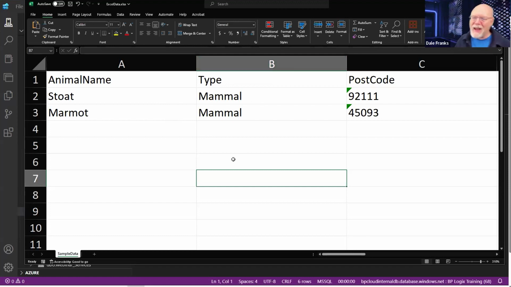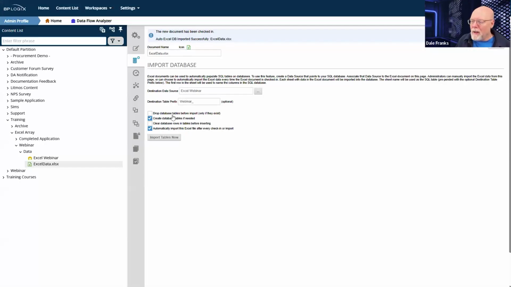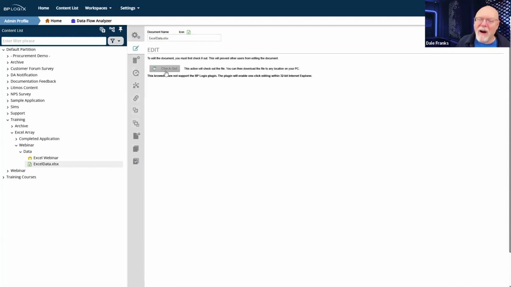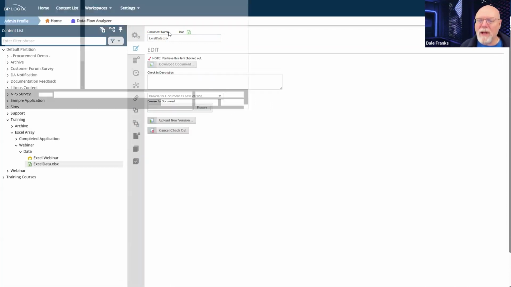Okay. Well, in that case, let's save it here. In that case, I need to turn off both drop tables and clear database rows because my data is now new data. It's not the existing data plus, it is just the plus. So what I need to do is just turn that clear database rows off. So this time, update, update, update, always update. There, now it's happy to let me check it out. So this time, I'm going to do an import.